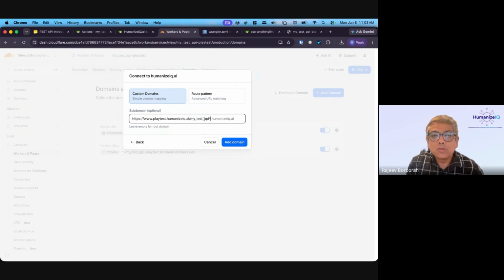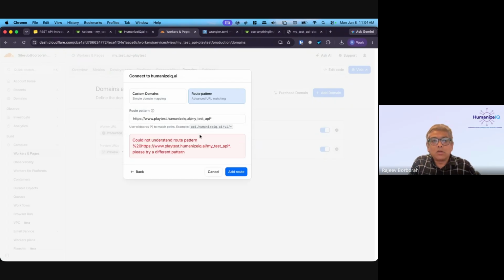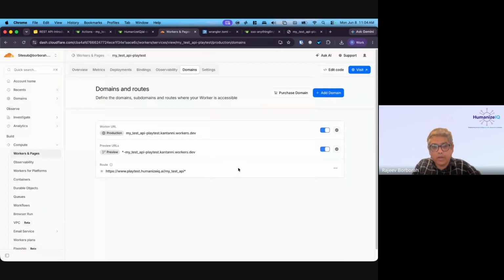Okay, so HTTPS. Okay, and route domain. Actually, sorry, wrong place. You need to go to route pattern, not to domain, and do this: HTTPS playtest API my test API. Add route. Could not understand. There's a space here before this. Okay, add route.